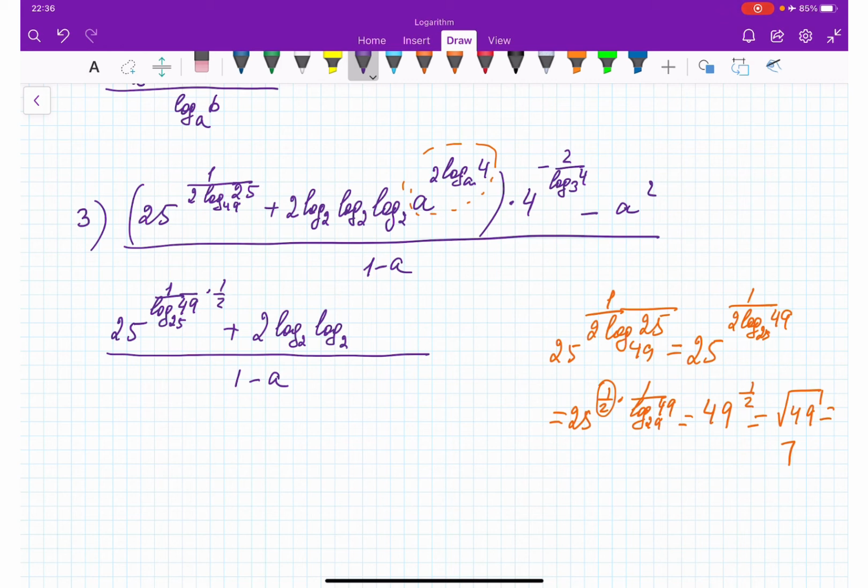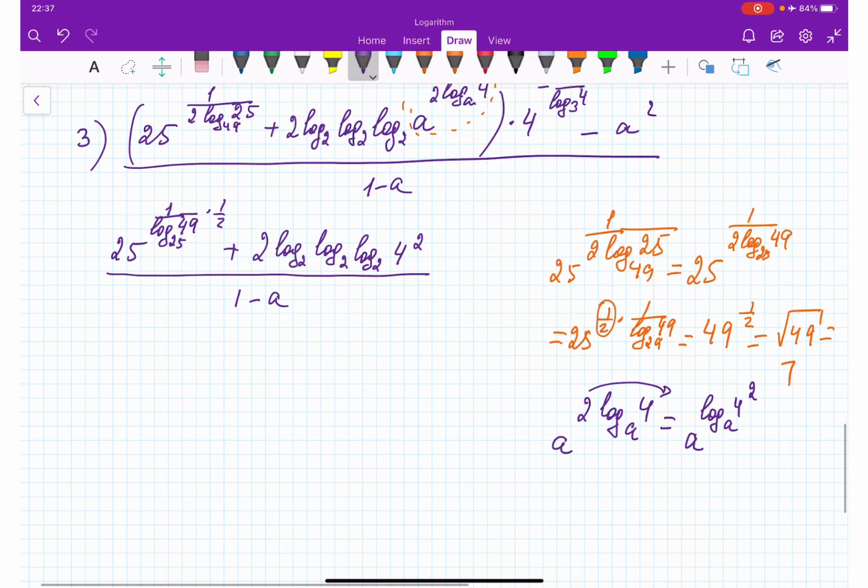It's going to be logarithm 2, and then logarithm by base 2. It's going to be 4 squared, right? Because 2 logarithm 4 by base a, and here is a, is equal a to power logarithm 4 by base a, and this 2 comes here as a degree, right? Based on the properties of log. And the property says